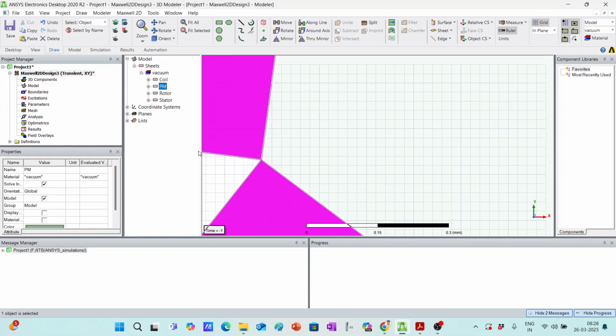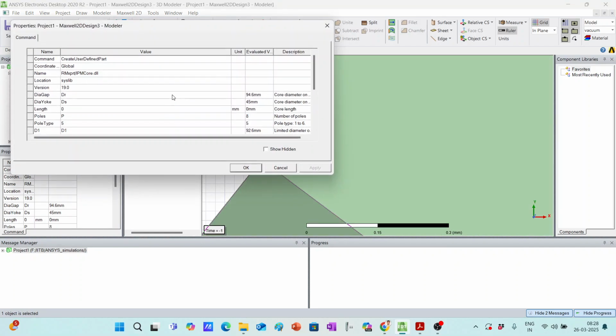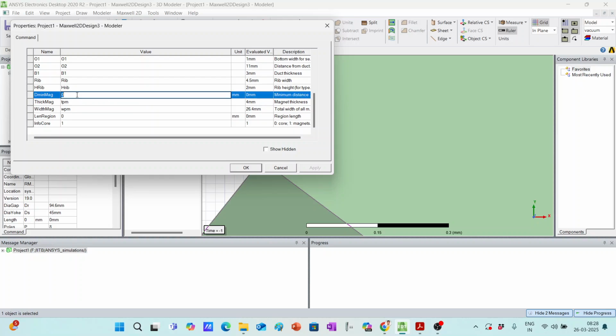The reason behind that is we have not considered, let me show you, we have not considered the dmin mag. We have kept it as 0. Suppose we are making it 1, maybe